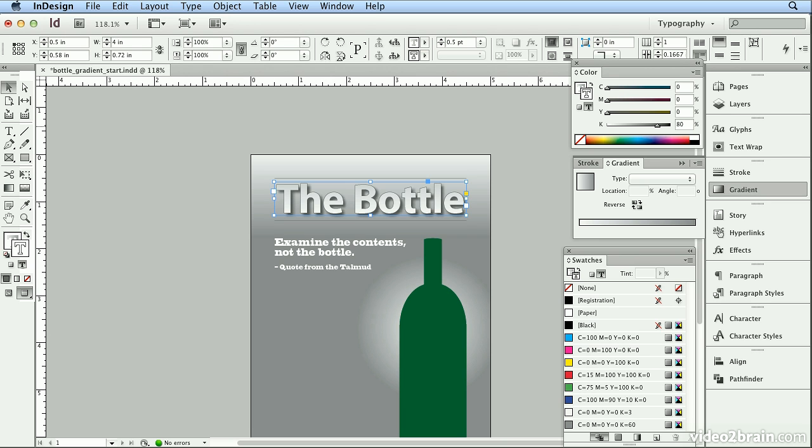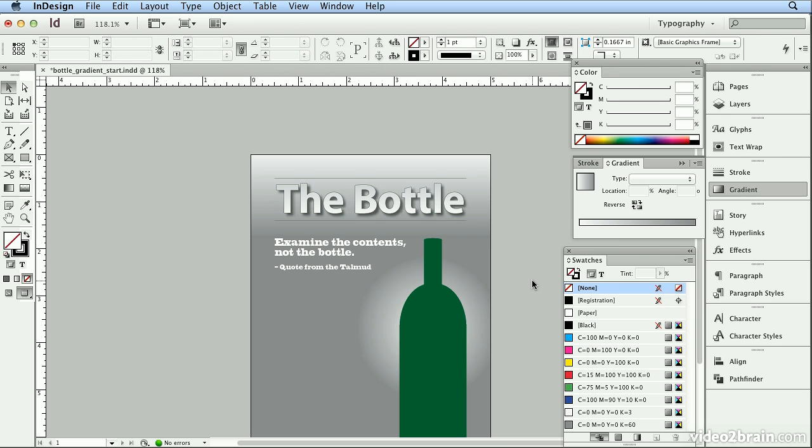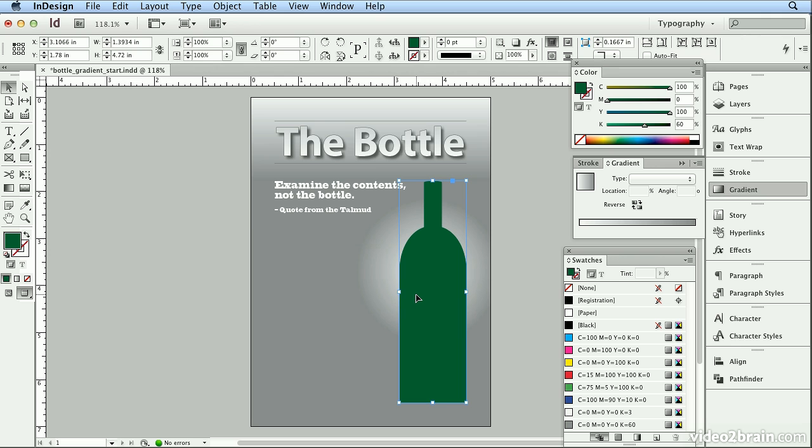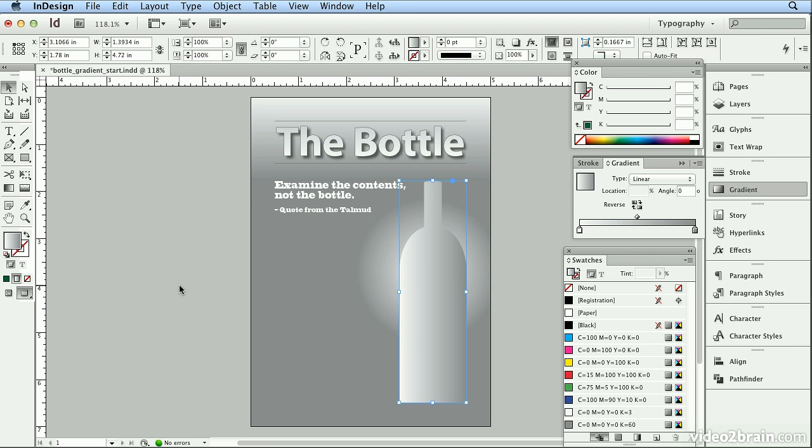I'll click away and hit Command 0 or Control 0 to fit in window, and I'll finish this off by applying a color gradient to the bottle itself. When I select the bottle, I can hit period to go to a gradient. I can choose radial to give it a shine or a highlight, and then I can hit G for my gradient tool